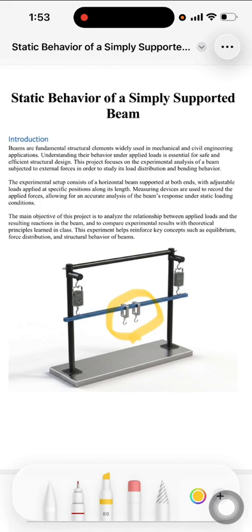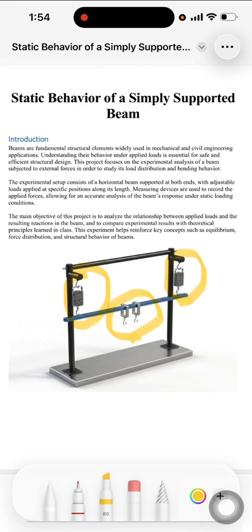Measuring devices are used to record applied forces, allowing for an accurate analysis of the beam's responses under static loading conditions, which we can see. These are the measuring devices. The main objective of this project is to analyze the relationship between applied loads and the resulting